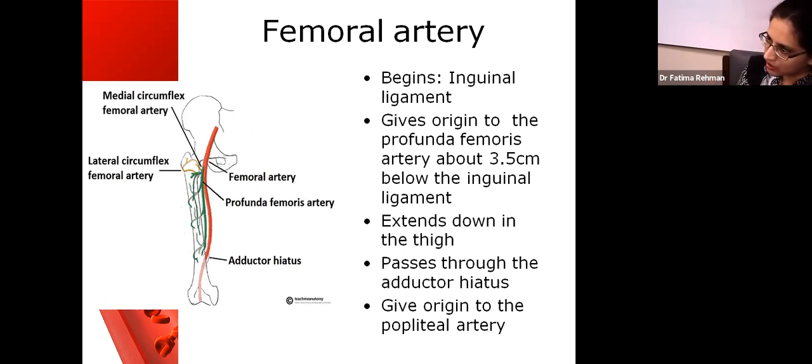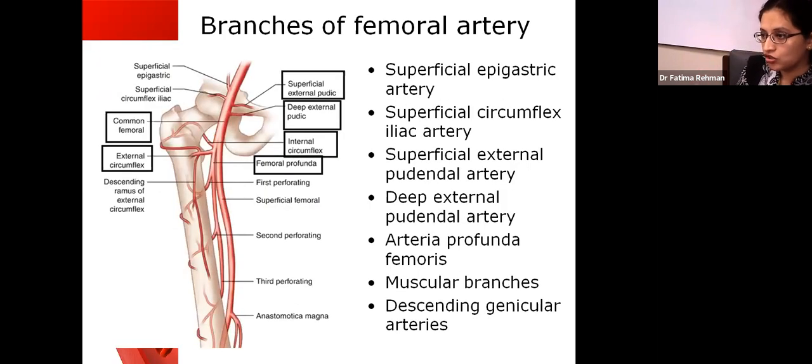It traverses the entire length of the thigh right from the beginning till the end, and it goes from the anterior side to the posterior aspect of the thigh, and over there it is now called the popliteal artery. The branches of the femoral artery, there are multiple branches given off, like the superficial epigastric,